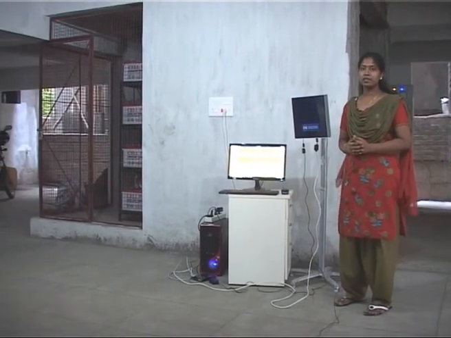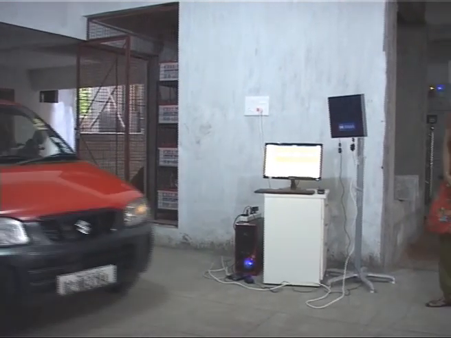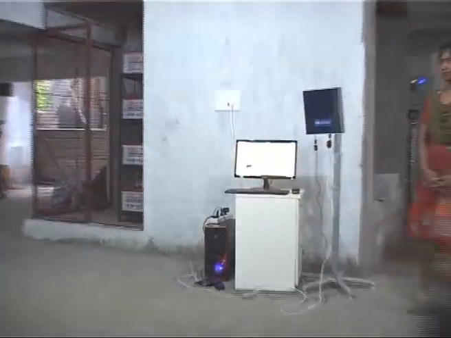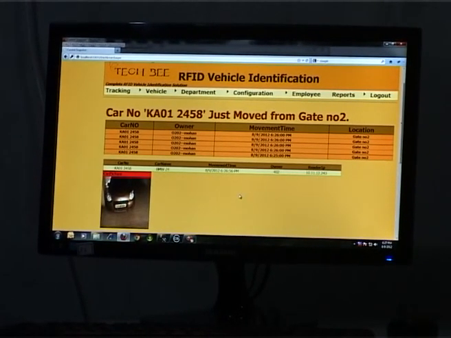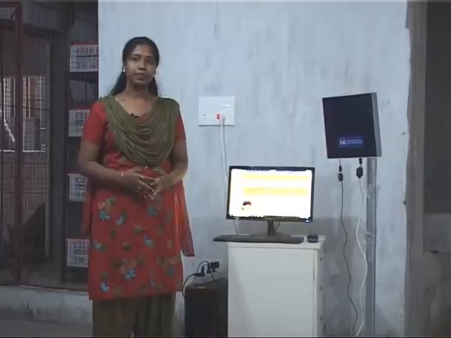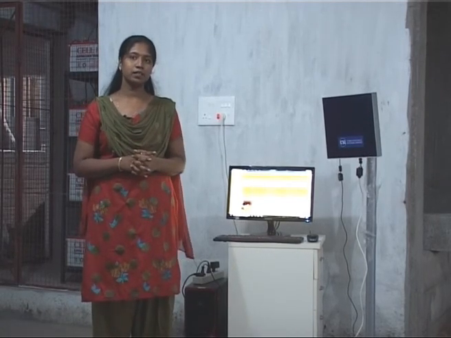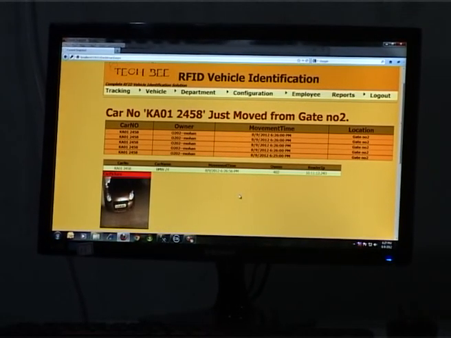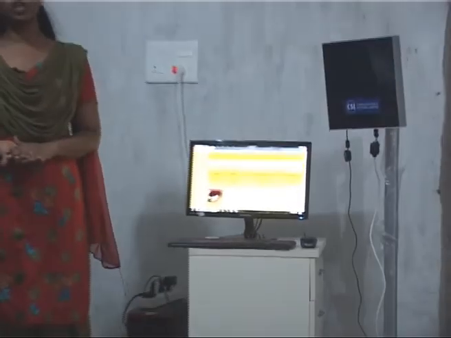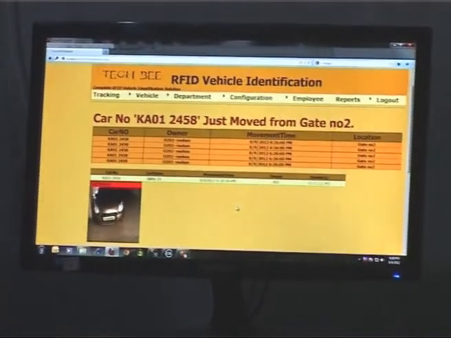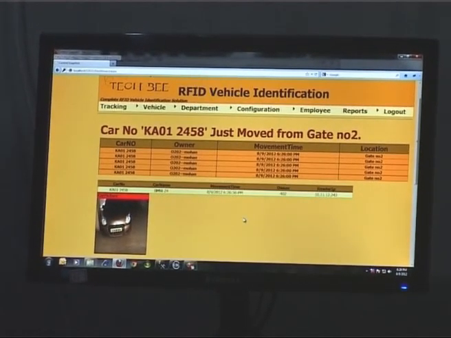Now we will see the working of the system. As the vehicle moves out of the gate, the movement time of the vehicle is registered. Similarly, for different exit and entry points, we can have RFID readers placed. The movement time the vehicle has passed through a particular gate can be registered. RFID readers can also be integrated with boom barriers. When registered vehicles are identified, the boom barrier opens, thus allowing access to the vehicle.